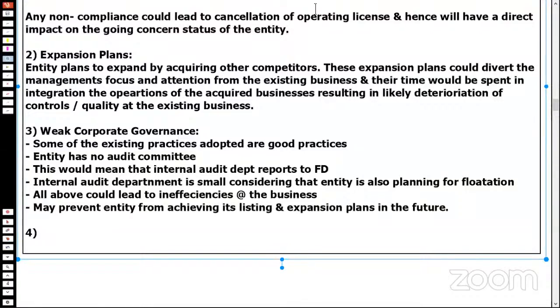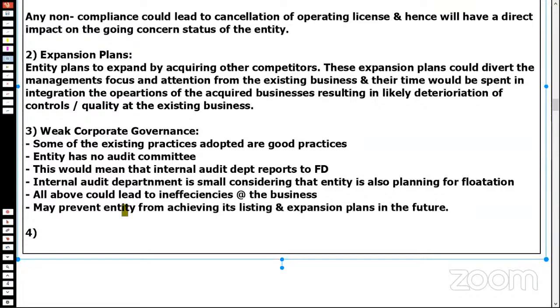Okay, 1 mark per valid point. That is what the scenario is going to be. 1 mark per valid point. Okay, good enough. So now see,